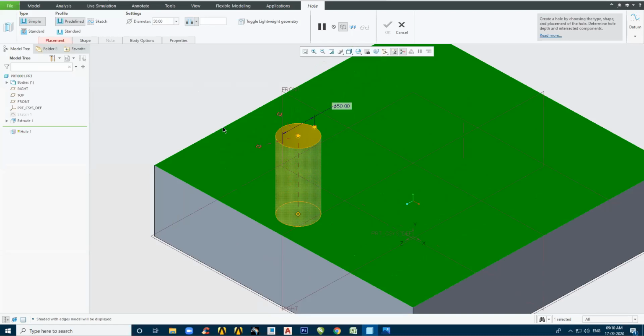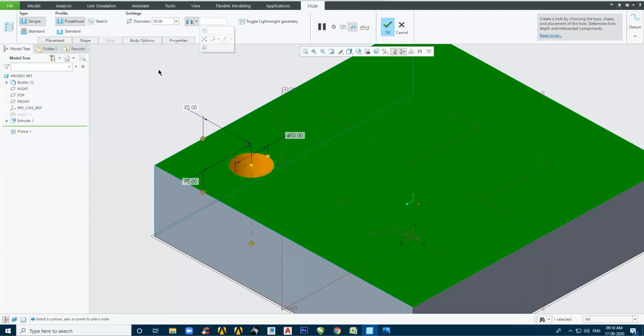Now my hole is offset from this edge and this edge. So I have these handles with me. I will take this handle and tell it that it is offset from this edge. I will drag this handle and keep it on this edge. Then I will drag this other handle and keep it on this edge. So now from this edge it is offset by this much, and from this edge it is offset by this much. I can come over here, double click, and type out the value. For example, this should be 75. Double click here, this should be 75. Understood?